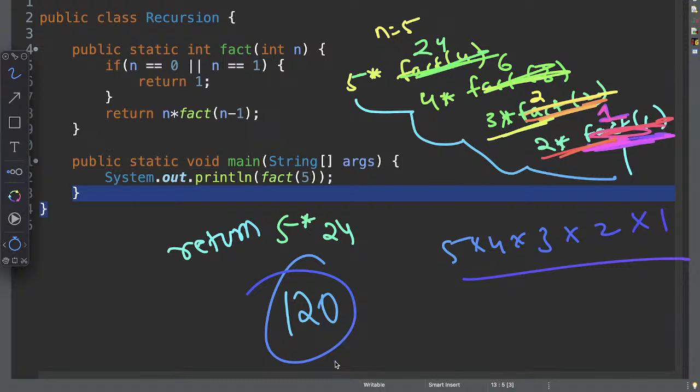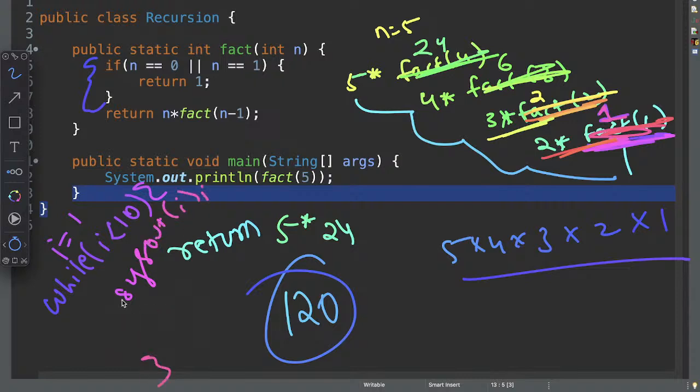So I hope it is clear to everyone why we get a stack overflow error. So now you know what the need of a terminating case in recursion is. If you don't have a terminating case, your recursive calls are never going to end. So I hope it's clear to every one of you. Just like a while loop: if the condition is i less than 10 and i is equal to 1, you have to print i. If you are not incrementing the value of i, it will be an infinite loop. So just like the same way over here, we are having the